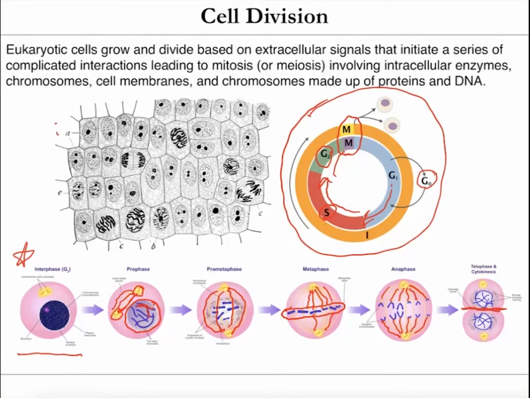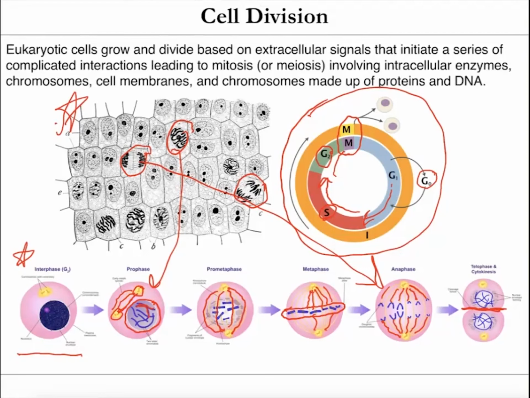And so here's a really cool image where you can see a bunch of different cells and they're in different phases. So this would be like in prophase here. This one is in what would be like anaphase, and same with this one. So if you look under a microscope, it's pretty cool. You can actually see all different types of cells if you have growth factors, which are those extracellular factors that initiate replication. When you look through the cells and you sort of stain them, you can see these structures, which is pretty neat.